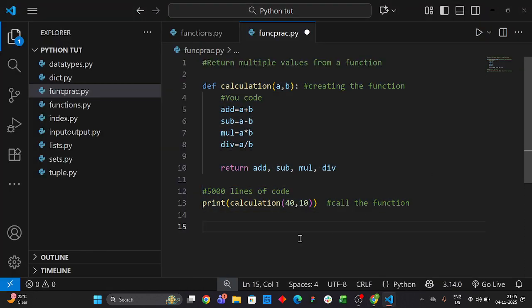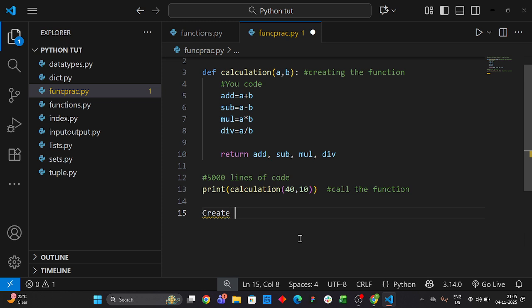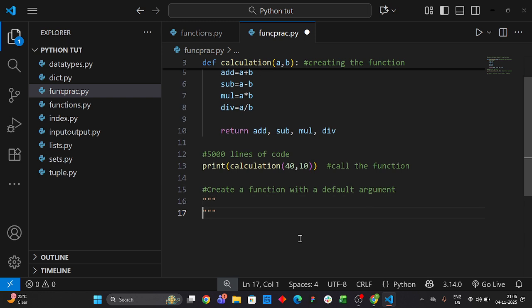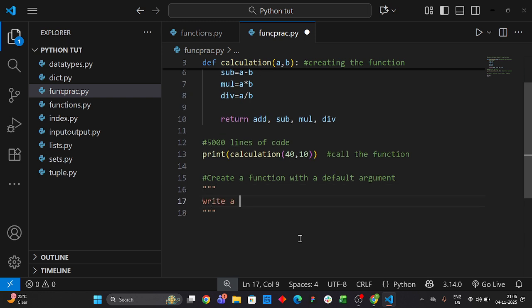Our next problem will be, let's say, create a function with a default argument. So let's understand this problem. Write a program to create a function. Now this will clear most of your doubts. Let's say you make a function called show employee. You will make a function with this name only